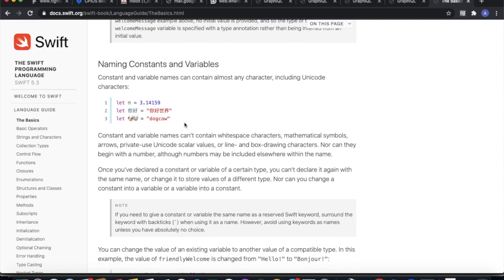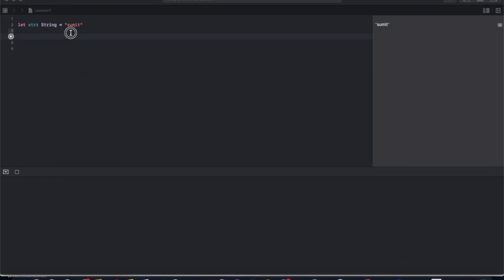Now the naming conventions of variable and constant. To provide the name, there will be some rules. I am writing the rules here.